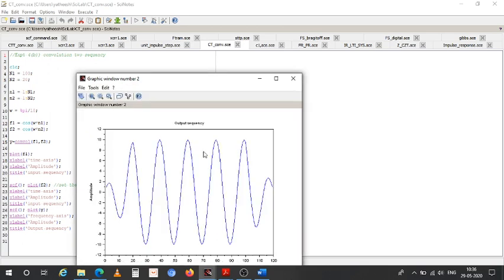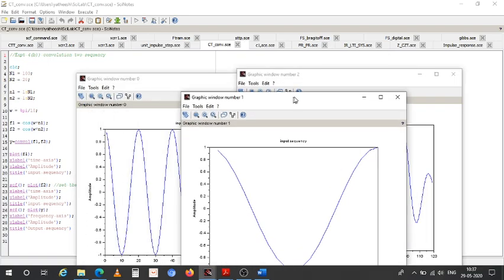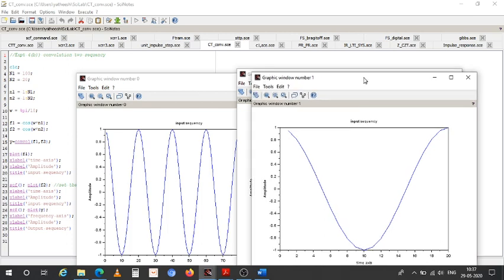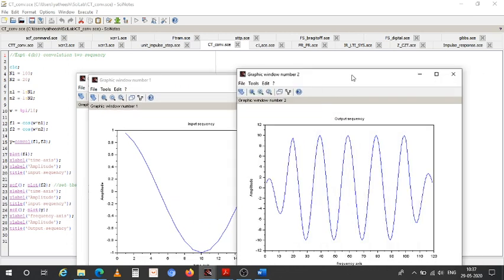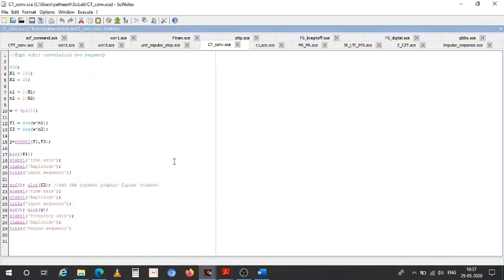So this is the convolution output, and this is one input sequence, and this is another input sequence. So together convolving we get this output. It's very simple to simulate.